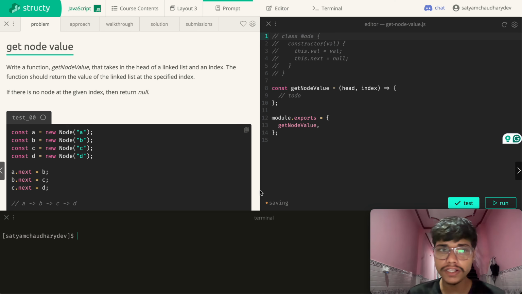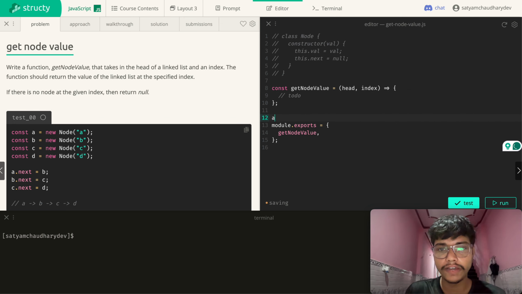The problem is basically we need to get the node value at a specific index. For example, this function will receive the head of a linked list and an index. Say we have this linked list, and we are given these two arguments: head will be a and index